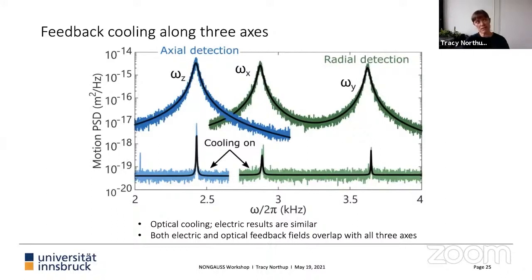What we're limited by is the detection mechanism, and the feedback we can really do one way or the other. It turns out that both the feedback mechanisms that we have overlap with all 3 axes. So it's a single feedback mechanism. It's either a single laser or a pair of electrodes, but a single electric field. But the point is that both the laser direction or the field generated by these electrodes have an overlap with all 3 axes. And so they allow us to talk to all 3 axes at the same time, again, because we can spectrally identify the different frequencies.